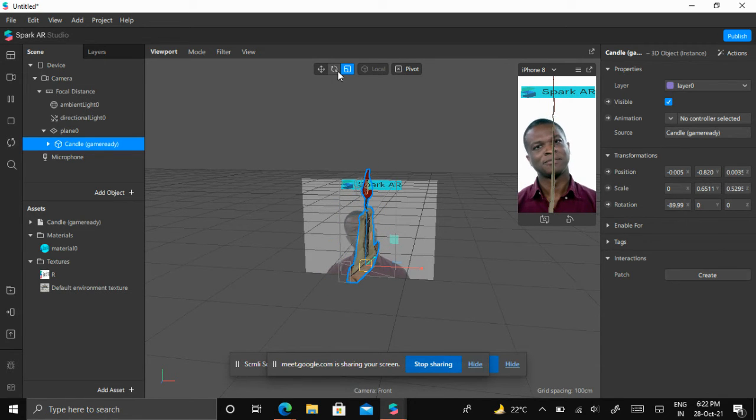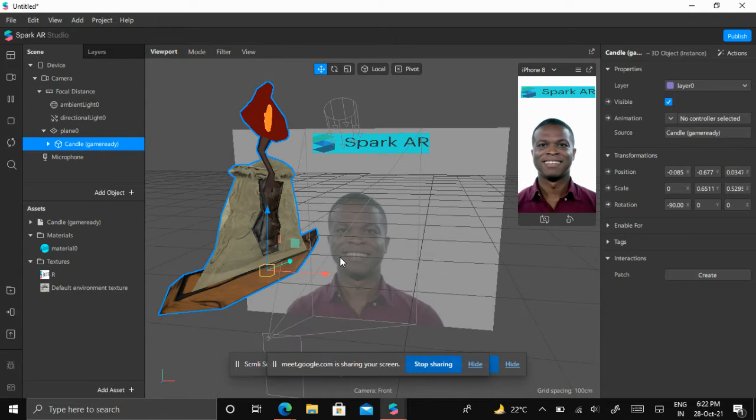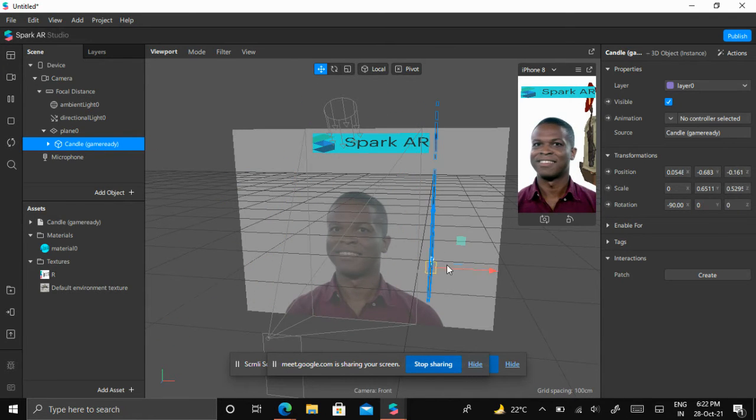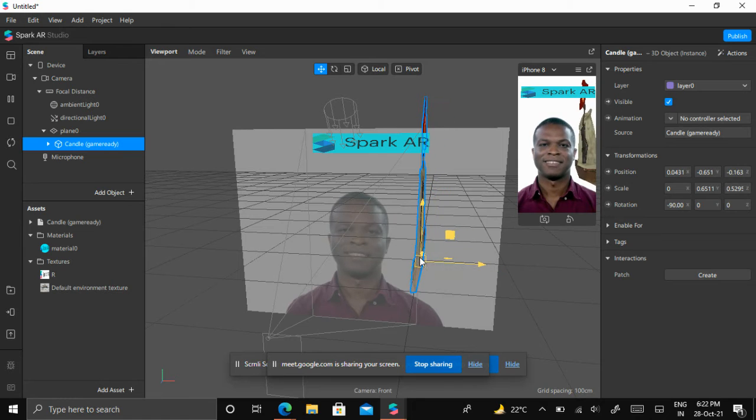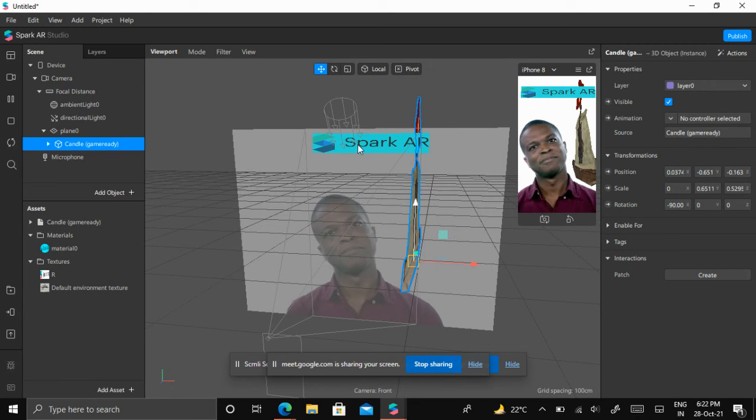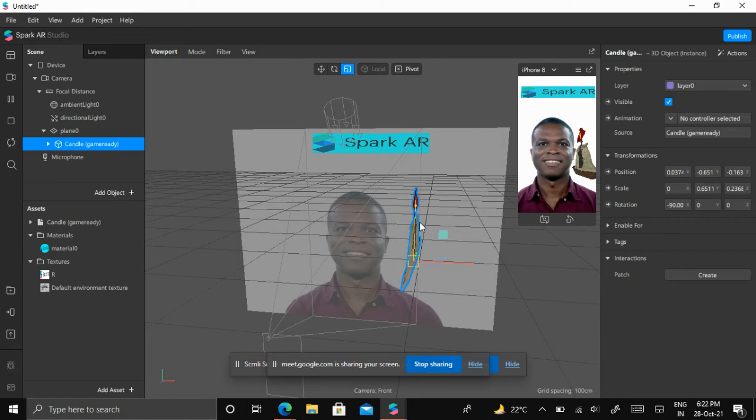I can rotate it also by clicking on the rotation. I can rotate it. Just a second. And enlarge this also. I can rotate this.